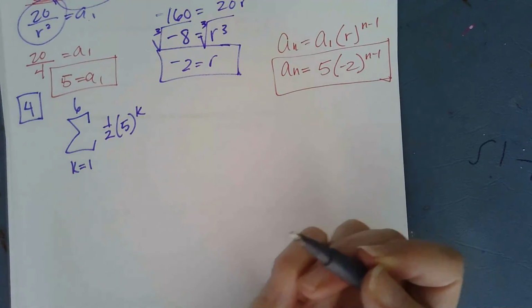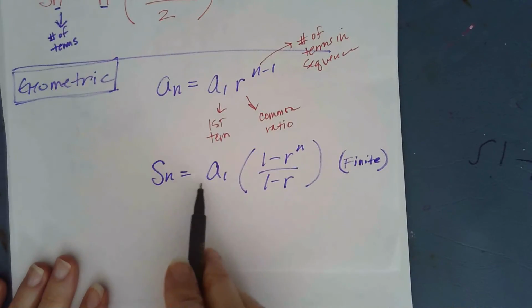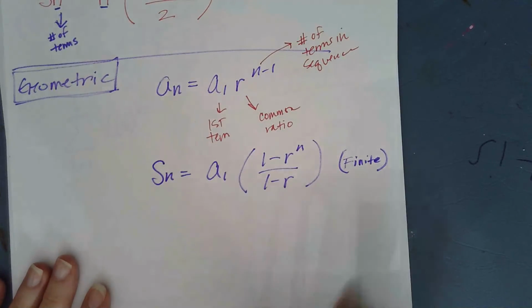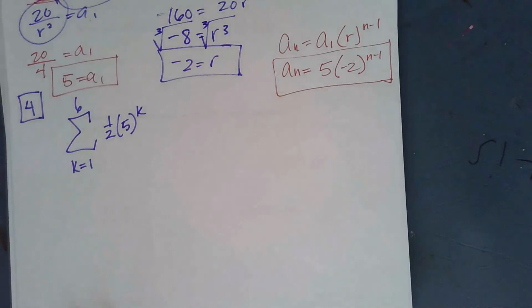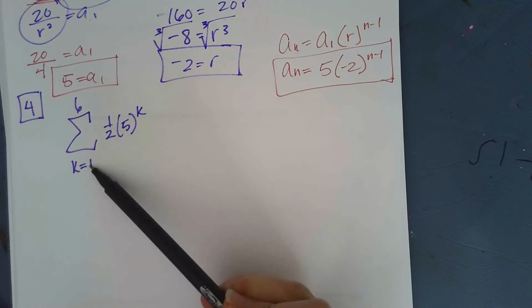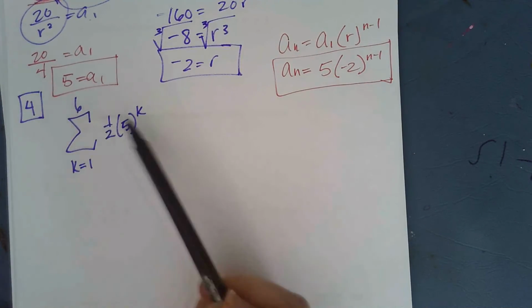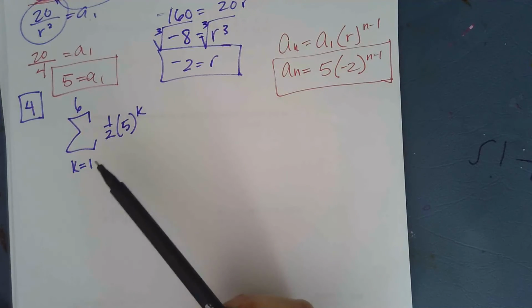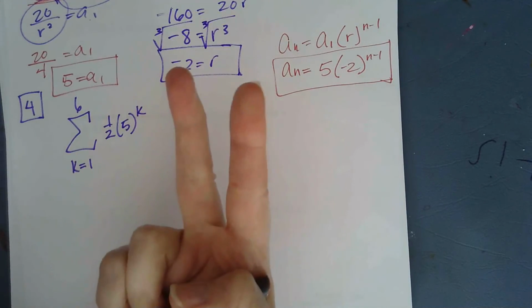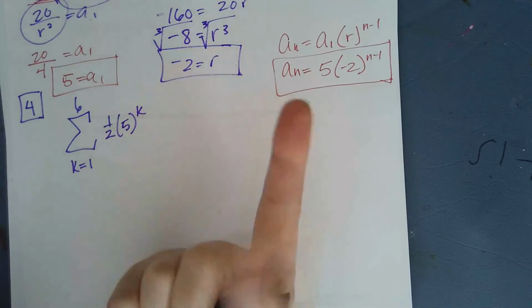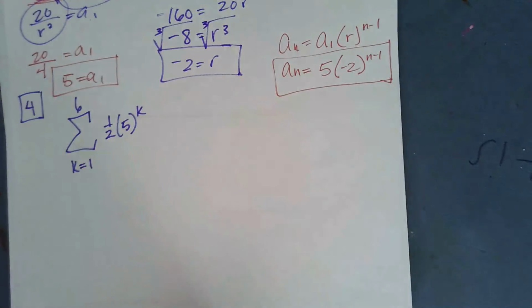So remember we talked about on our formulas, let me go back to this. This was the formula for the sum of a finite series. How we knew this one was finite is because it starts, this is kind of what I plug in k to get my first term, I plug in 6 to get my last term. So there are 6 terms in this series. I plug in 1, I plug in 2, I plug in 3, I plug in 4, I plug in 5, I plug in 6. So there are 6 terms in this series, which means it doesn't go on forever, implying